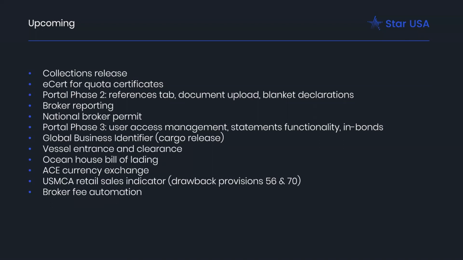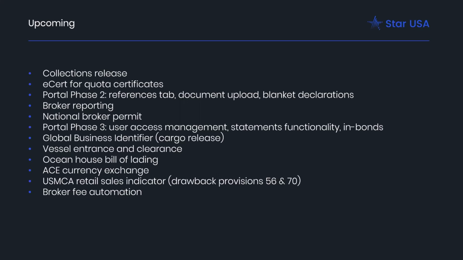Broker reporting, specifically broker reporting that's going to tie in to the upcoming customs broker rules that are being updated, as well as national broker permit. Phase 3 of the portal will allow for user access management, statement functionality, and in-bond processing. Then they're going to do a beta for global business identifier only for cargo release,